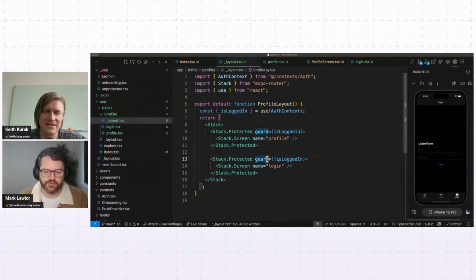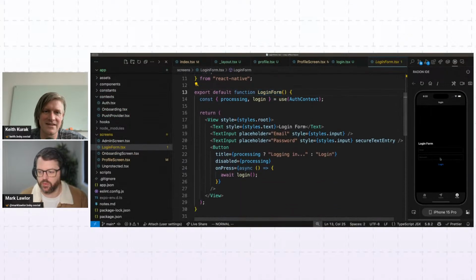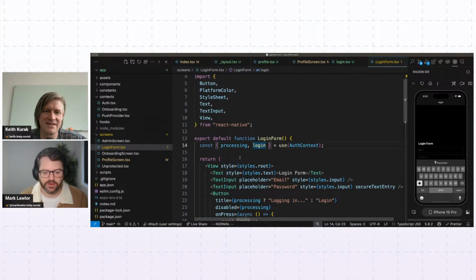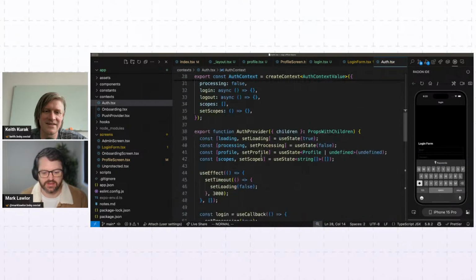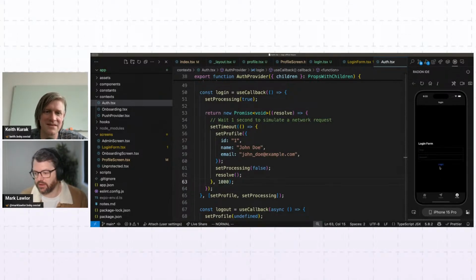Now, I'll just quickly show you this login screen before I click on things. It's quite simple. We've just got 2 inputs that actually don't do anything. They're not controlled. And then we have a button that calls login. And our login function comes from authentication context. It's what we saw before. It simulated the network request and put in our profile. So if I click on login now, it actually logs us in and then immediately takes us to the profile